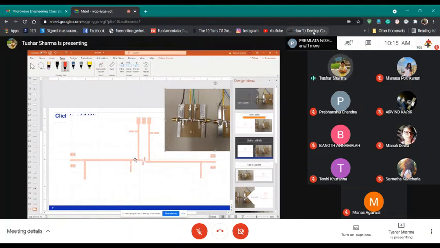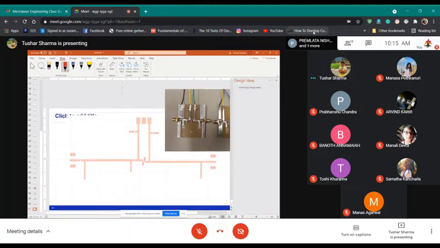So if you look carefully, this is your input match, which you have in the schematic. Then in the input, again you have a stub, you have a transmission line, and then you have two resistances. One is like this, one is like this.